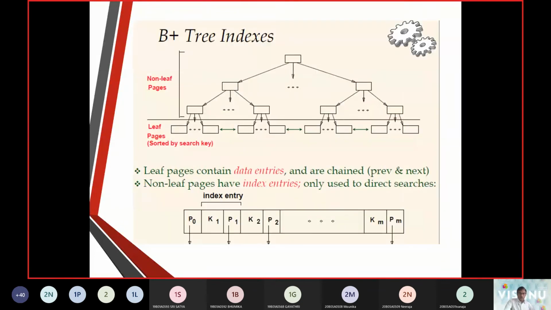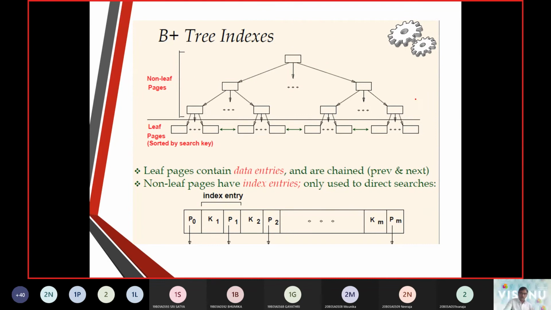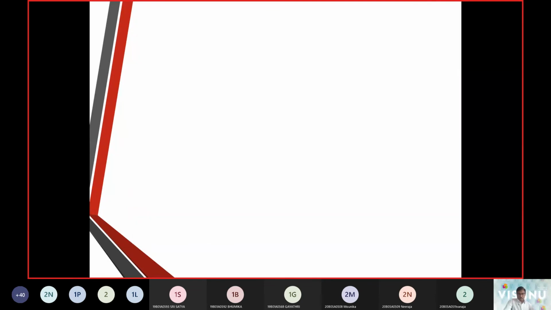We talked about indexing, which can be implemented on a B plus tree. We get a root followed by intermediate nodes; these two we call non-leaf nodes. The data items are called leaf nodes, and they are sorted by the search key. If I get 17, the items on the left will be less than 17 and the items on the right will be greater than 17. So it is a purely sorted way of organizing B plus tree indexing.